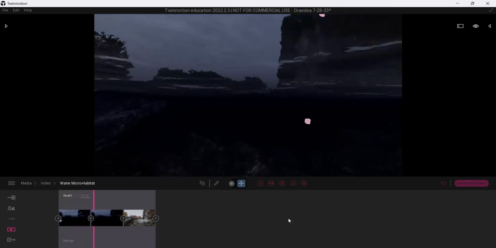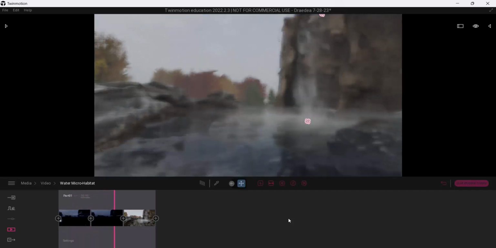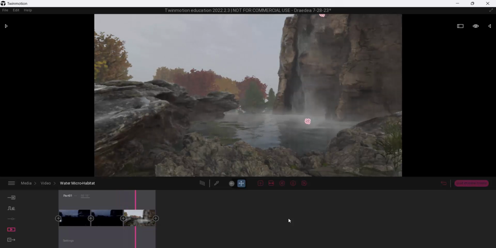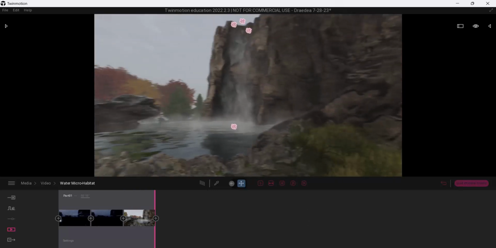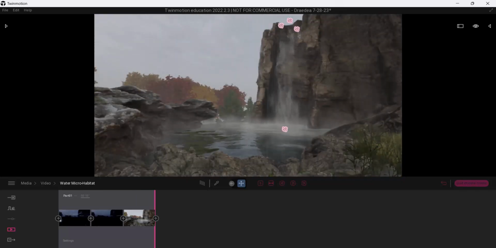Okay, so this is a moment where we did a little trickery, fun stuff with Twinmotion. It does that while we have a talk about a water dragon, because dragons, okay? So that's what the game's about. So it's raining, all that stuff. This is meant to be viewed in 360. Notice the camera isn't moving. We have effects moving around it. So if I want to render this out in 360,